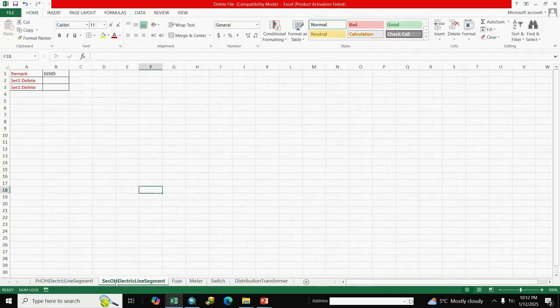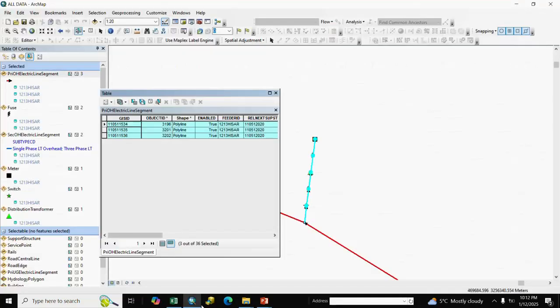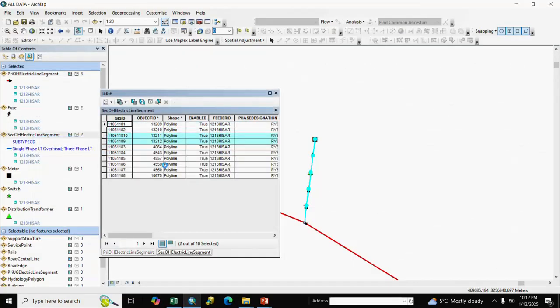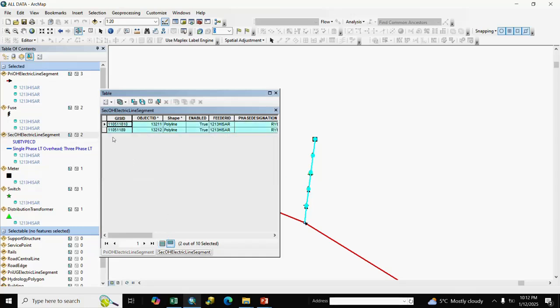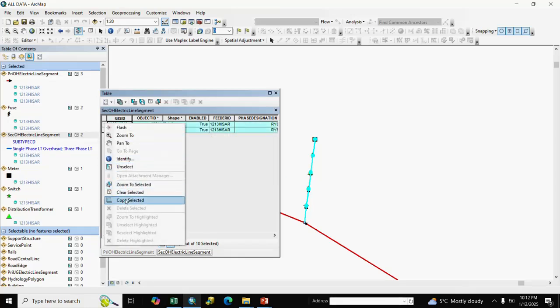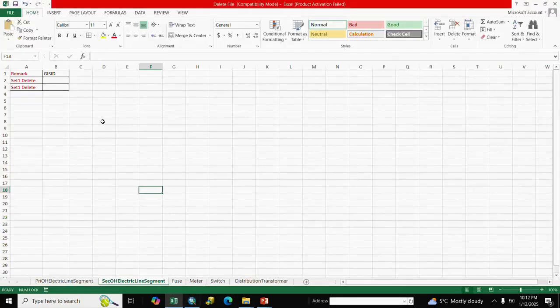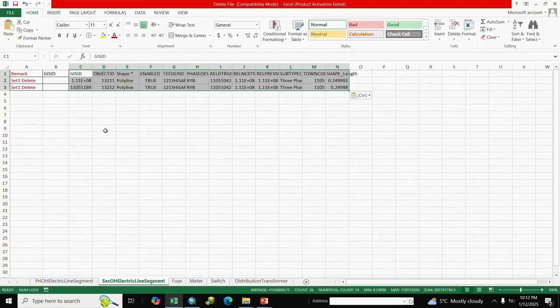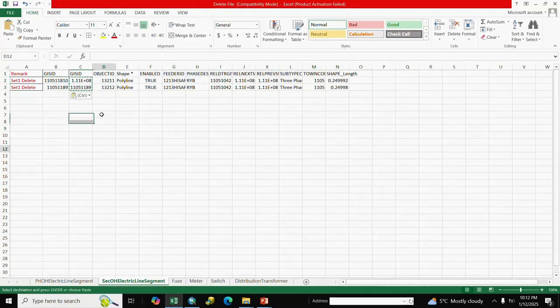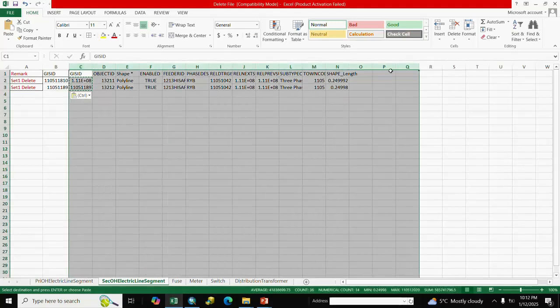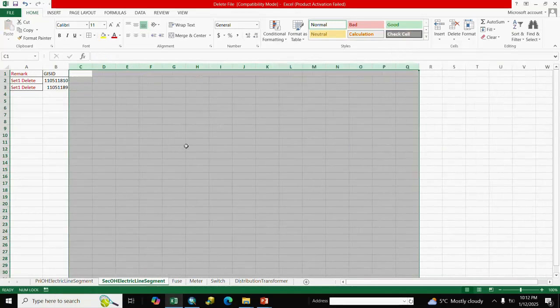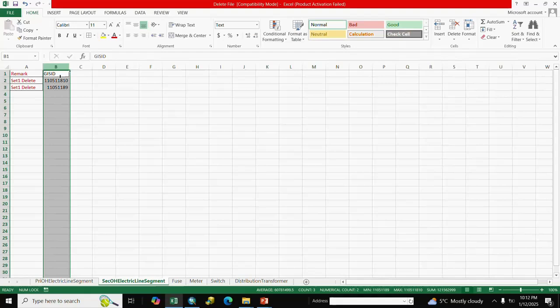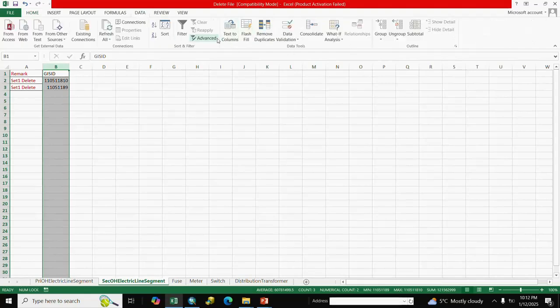The same for the secondary OH line segment: we select it, copy the GIS ID and paste it here, remove all other fields and convert it to text.